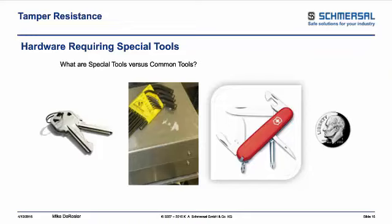You see a picture of a set of hex keys in there. Hex keys fall into the area where they could be special or they could be common. It's not reasonable to expect somebody to be walking around with a set of hex keys in their pocket, bringing the tools from home into the work environment with the sole purpose of bypassing guards. If you get that far with it, then it goes beyond just guarding. It goes to disciplinary actions. Why is that person still working at that facility